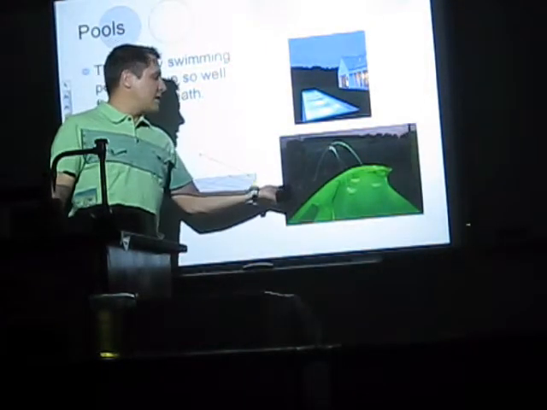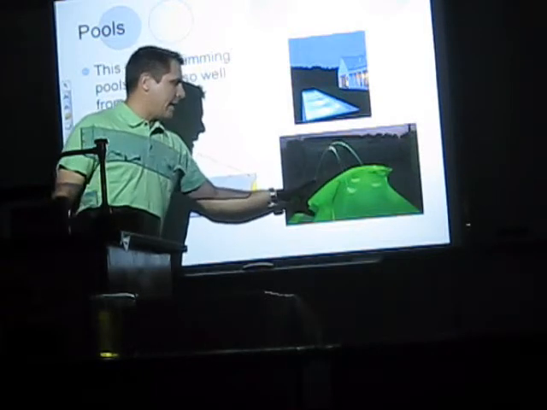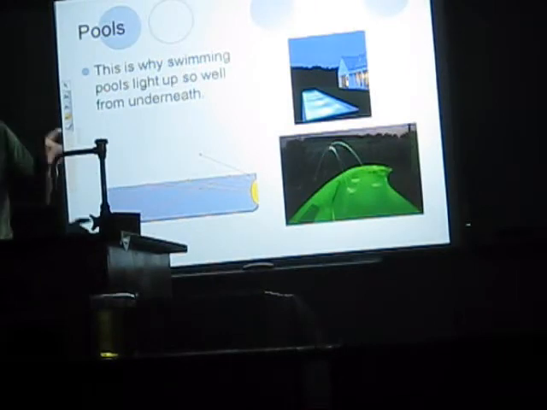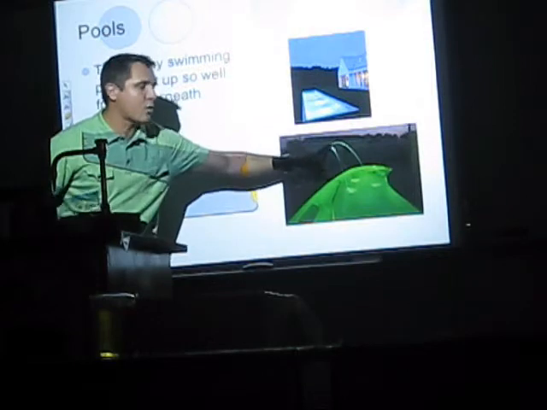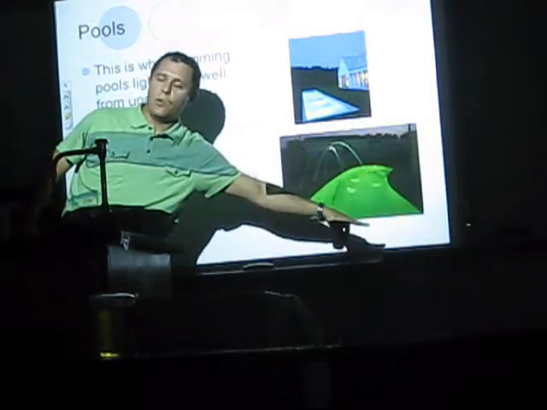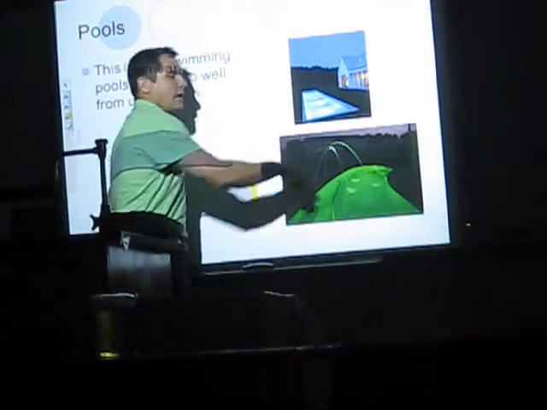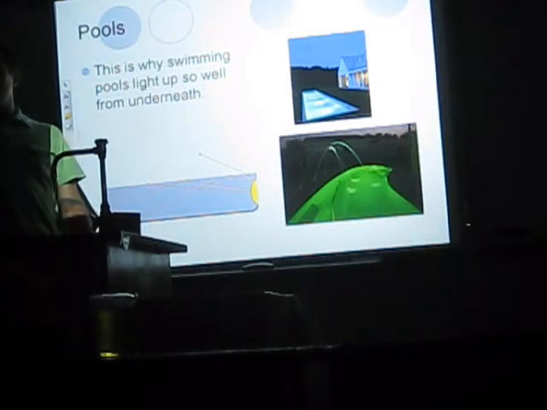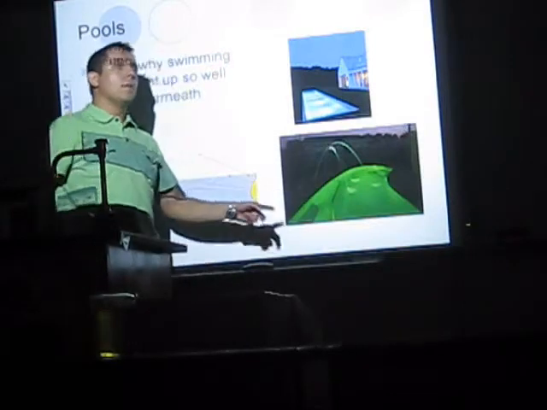But here's the deal: with these streams, or the water coming in, what they have is a light here, and because that stream is thin enough, the light is getting trapped. Notice how the light's coming from the ground over here, and it's trapped in the water as it goes in the pool. Okay, so as it goes through that stream, the light stays past the critical angle and it keeps bouncing within the water, so it doesn't get to escape. And now there is a little bit of escape because you can see the light, but this is the idea